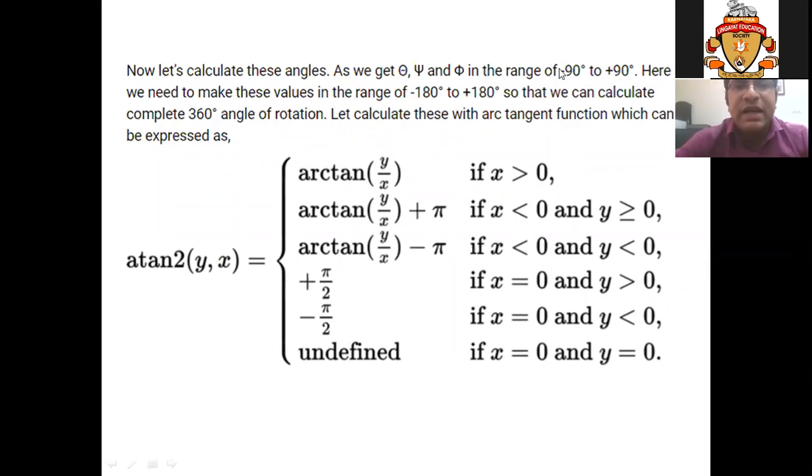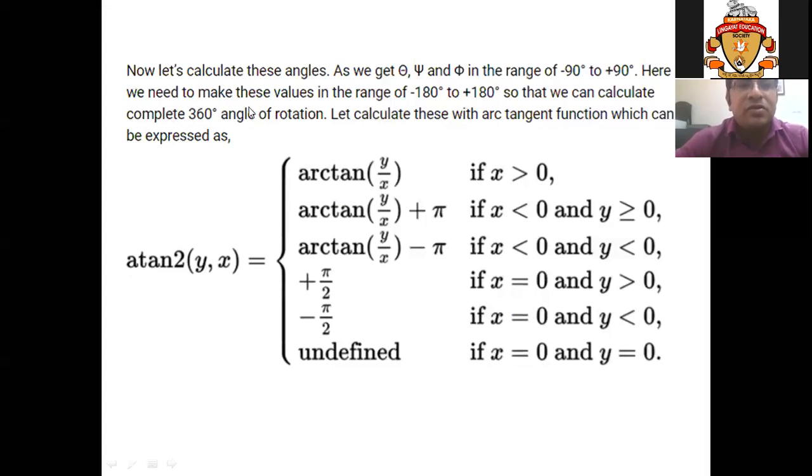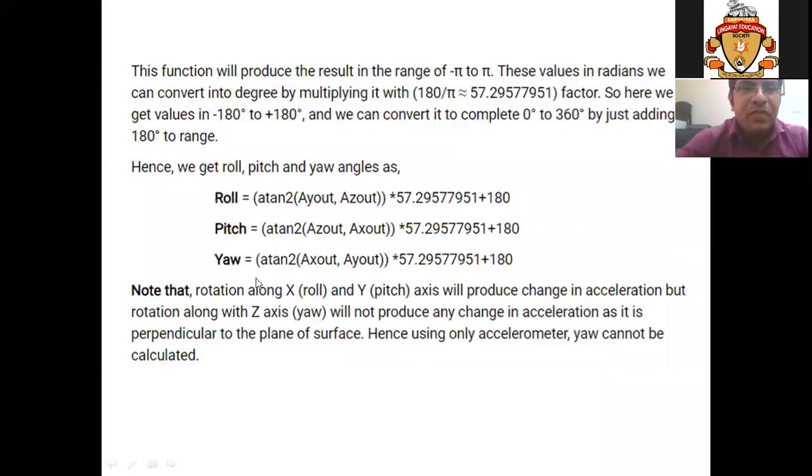This sensor basically gives values in the range of minus 90 to 90, so we have to map it to minus 180 to plus 180 degrees, so that we can get a complete 360 degree rotation. So what is the formula? The formula for conversion of the accelerometer values into the corresponding angle is this. This is the final formula we will be using in the Arduino.